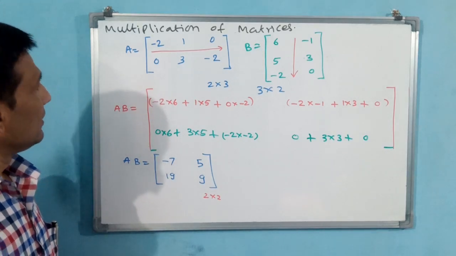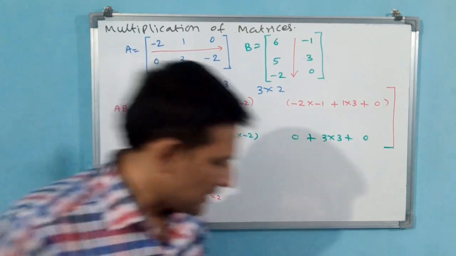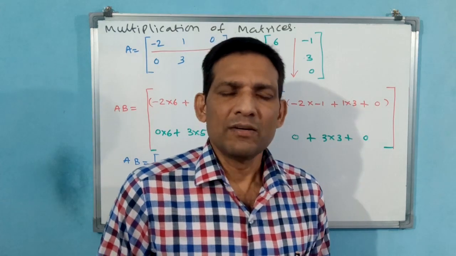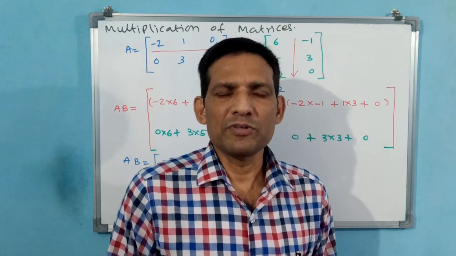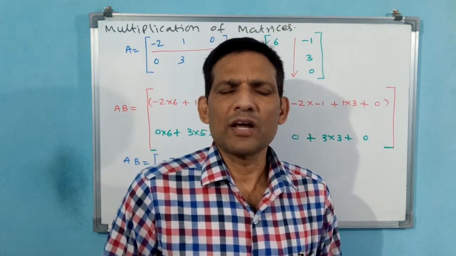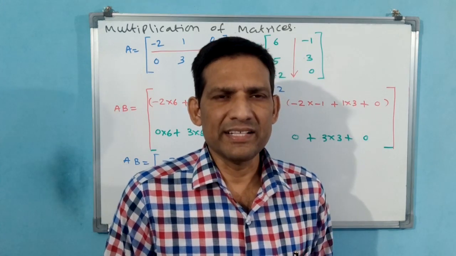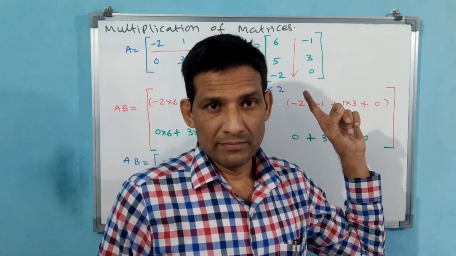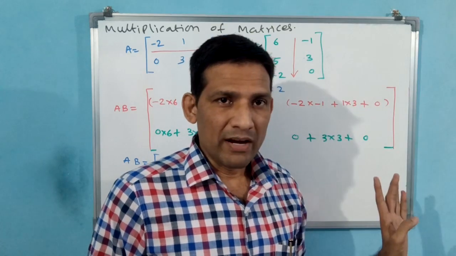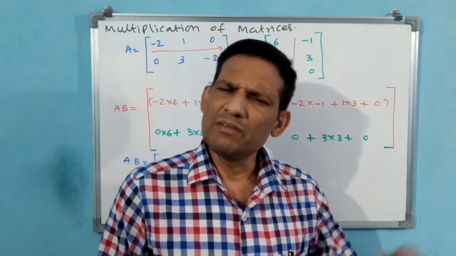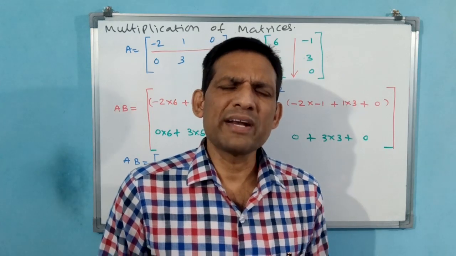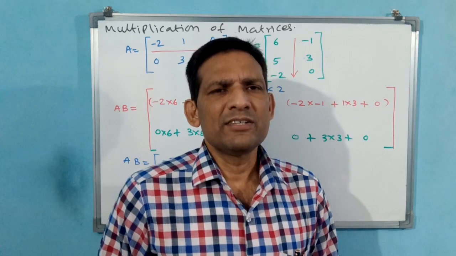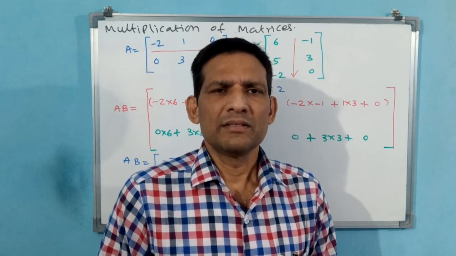Okay, what we do, we stop this class here. Remaining just 1 or 2 more concepts are there. We will start exercise 3.2 in the next class, after those 1 or 2 concepts. Why? Because the zero matrix is there, properties of matrices also. Properties of multiplication we have not seen. Multiplication we have done, but properties of multiplication we have to see. Zero matrix also we have to see. Zero matrix and properties of multiplication we will see. Then we go directly to exercise 3.2. Okay, thank you very much.